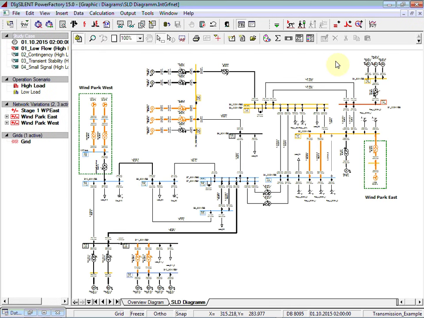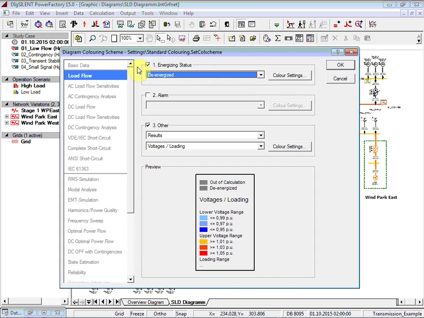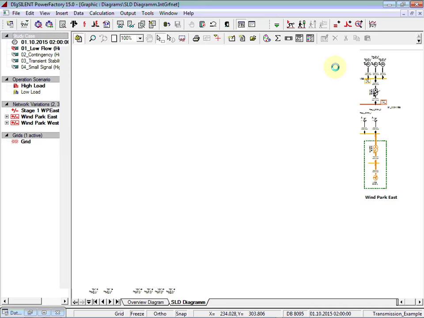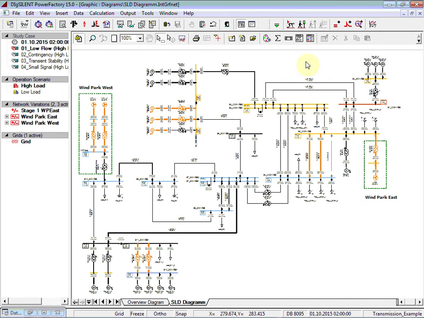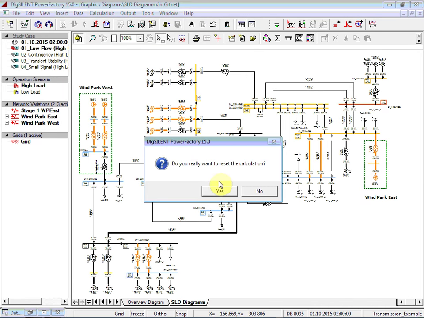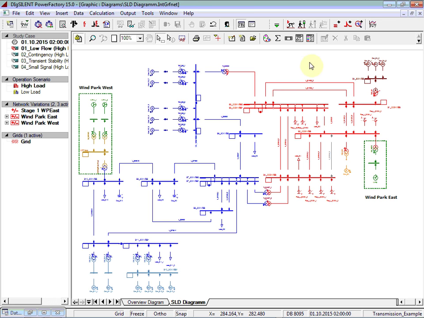You will notice that the diagram coloring has changed. This is, the coloring is now based on the load flow solution. If you now click on the diagram coloring, you will notice in the load flow section the Other specified as results and according to voltages and loadings. If you reset the calculation, then the coloring will be reset to voltage levels. If we perform once again the load flow,